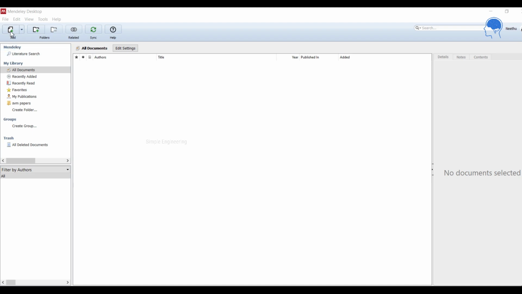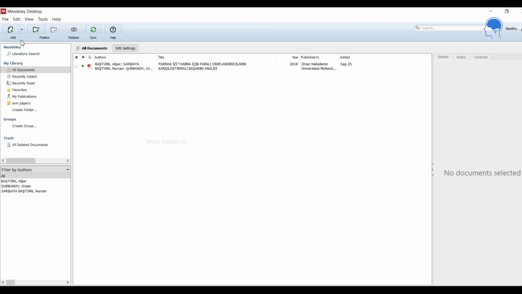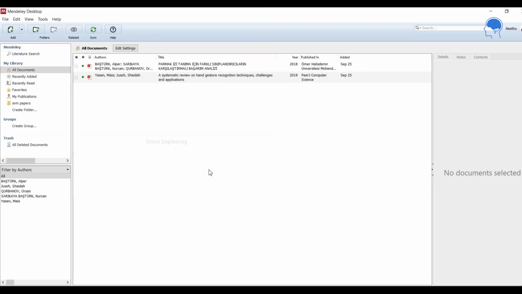Here you have to click the add button. I have downloaded some papers, and I'm just adding those papers over here. One by one you can add the papers. You can check whether the papers you have added are in the database, and you can check the details.